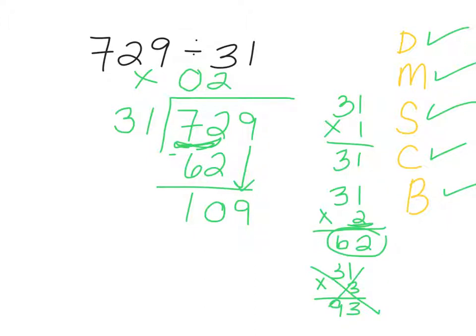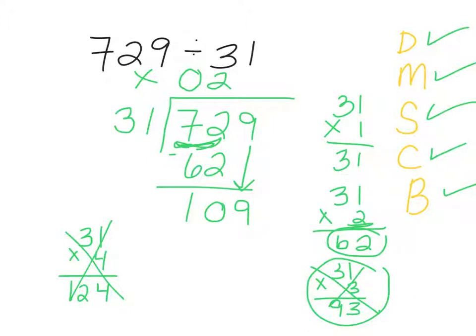So we're going to ask ourselves, how many times can 31 go into 109? Once again, we're going to have to do some guessing here. Do you remember before that we had 31 times 3, which is 93? And it didn't work before, but let's just start with that for now because we're trying to get close to 109. Let's see what 31 times 4 gets us. It got us 124. So 124 is way bigger than 109, so we can't use 4 in our answer, but we could use our 3 because that got us to 93, which is close but not over 109. So we're going to put our 3